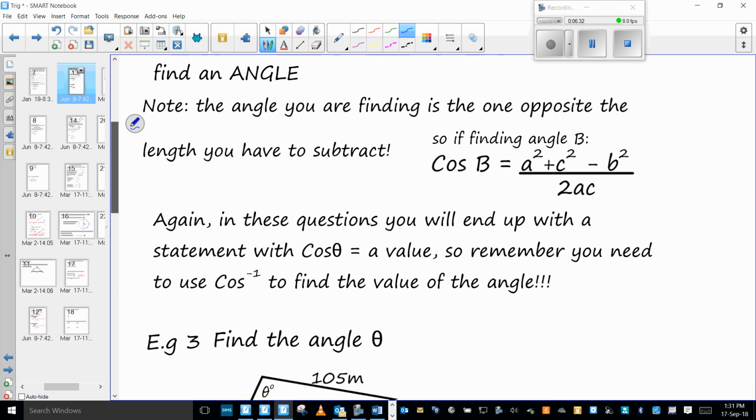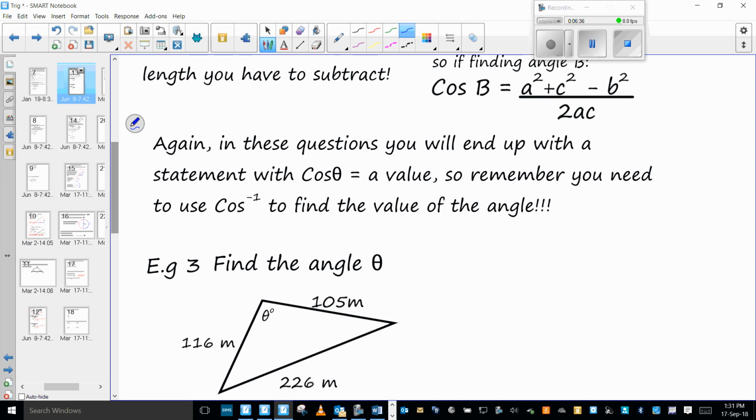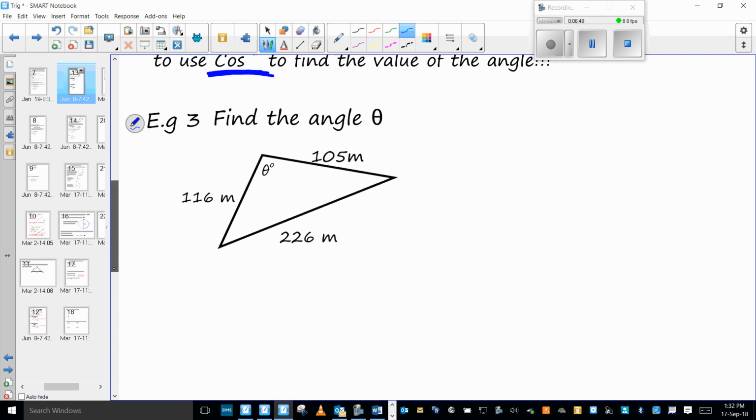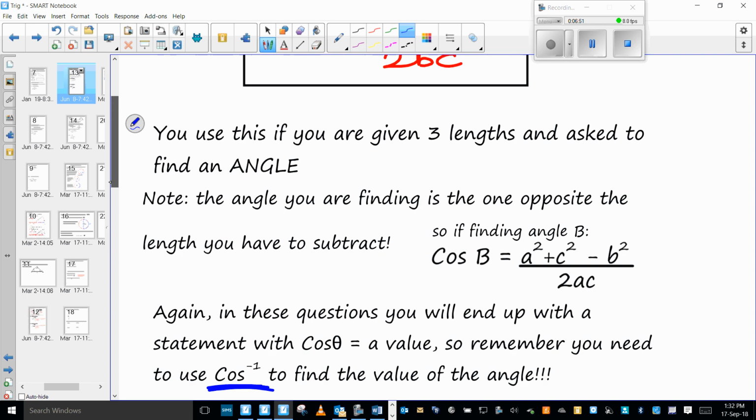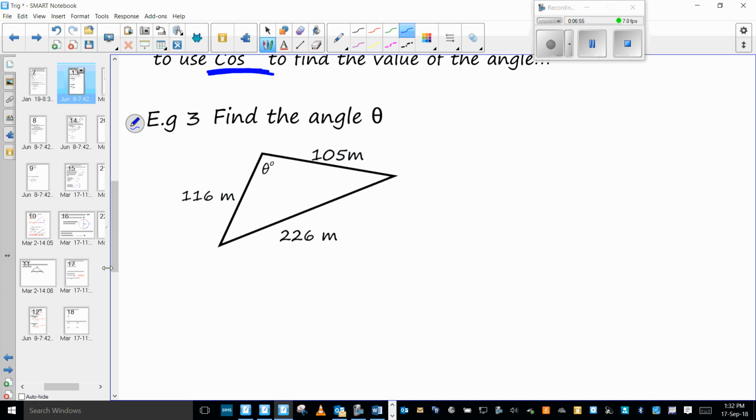There's other formats. And when we were finding the angles for the sine rule, remember we had to do that final step of sine to the minus 1, and we're going to need to do a similar thing here. So we're trying to find the angle here. So, cos theta equals